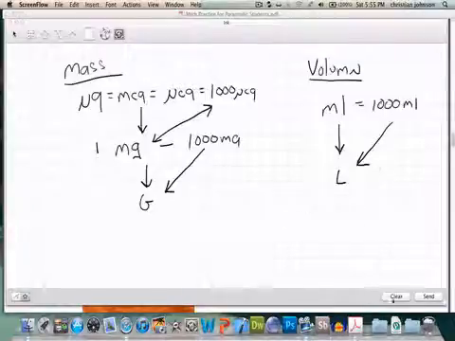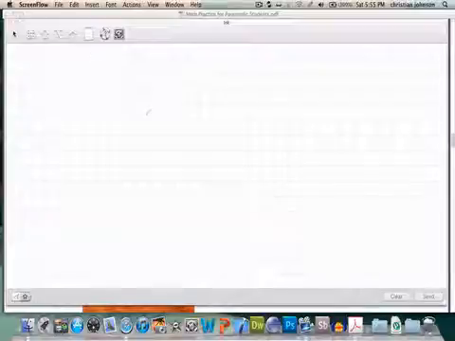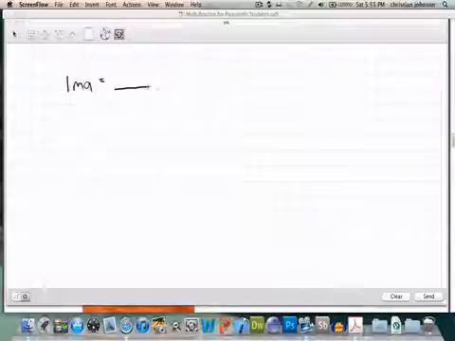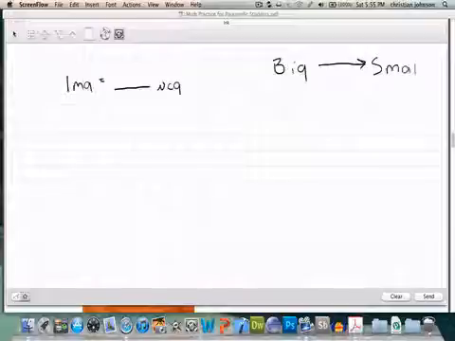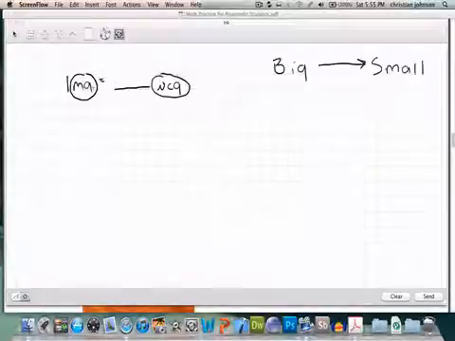Because on your exam, or on tests you take, you're going to get questions like this. It's going to say 1 milligram equals how many micrograms. All right. Now, just for the sake of showing you, I'm going to write big with an arrow and small. Big to small. Meaning that if you're going from a bigger unit of measurement, milligrams, remember there's 1,000 micrograms in 1 milligram. So if I'm going from a bigger to smaller unit, all we're moving is our decimal spot 3